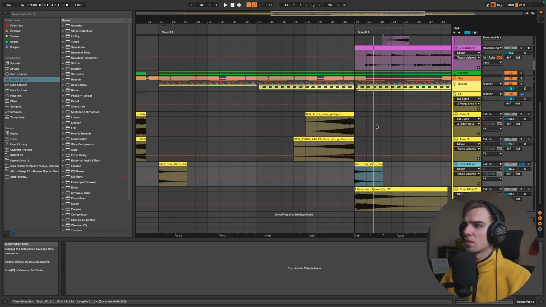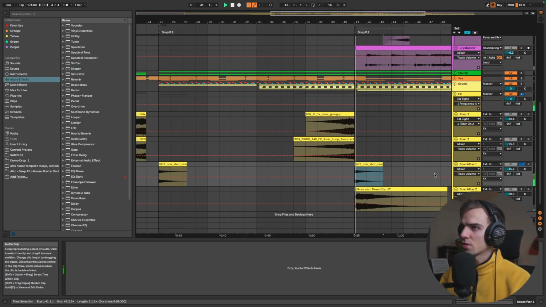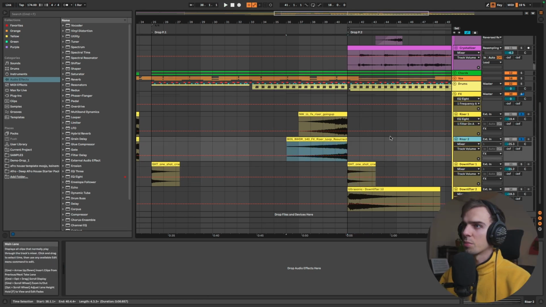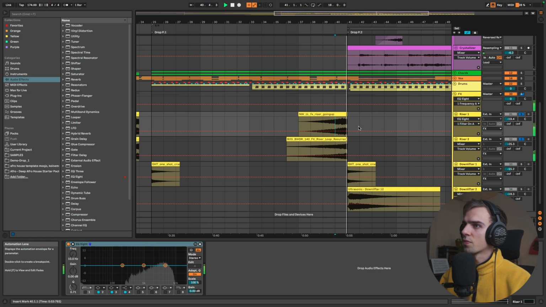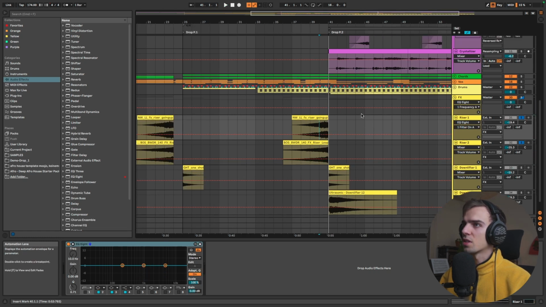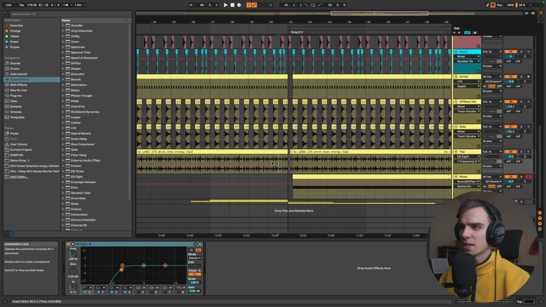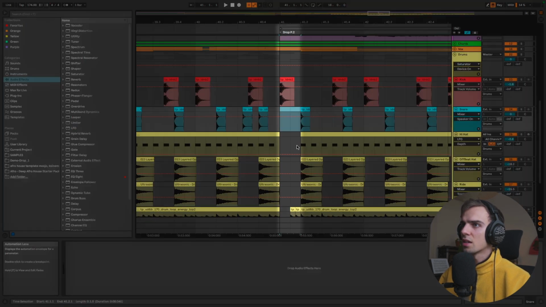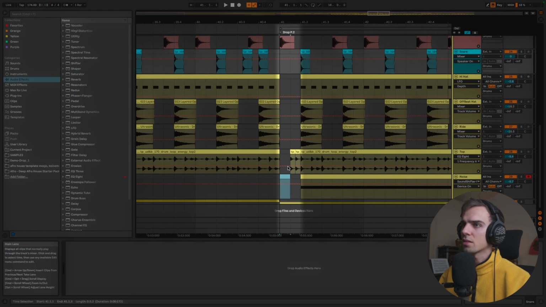The effects I've added to the drop are just this crash here, together with this downlifter, and these two rises again from the build-up. And these effects just act as a transition from the first part of the drop to the second part of the drop. Another thing regarding transitions is that I sometimes cut out all of the top end of the drums